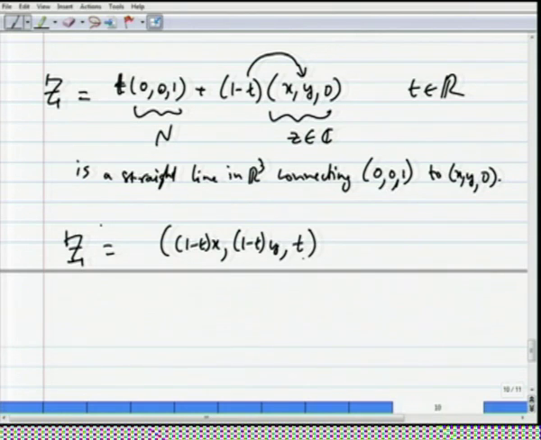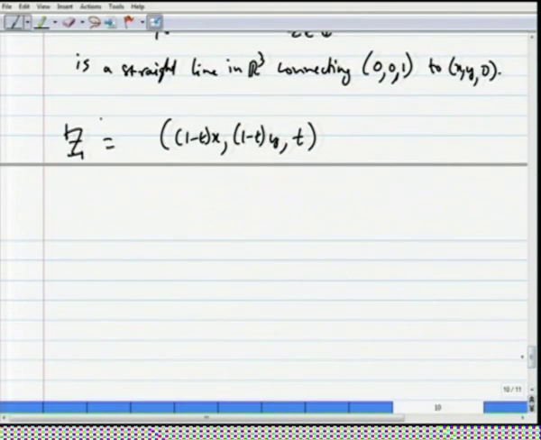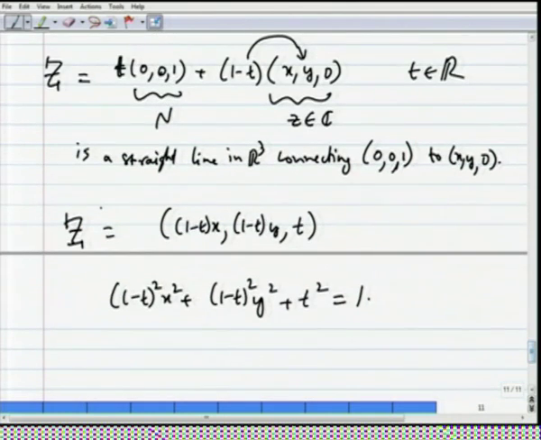Now that is your point Z, and when we put it on the unit sphere, we get (1 minus t) squared x squared plus (1 minus t) squared y squared plus t squared is equal to 1. But x squared plus y squared is the modulus squared of a complex number z. So, if we call this number z belonging to C, as we already called it before,